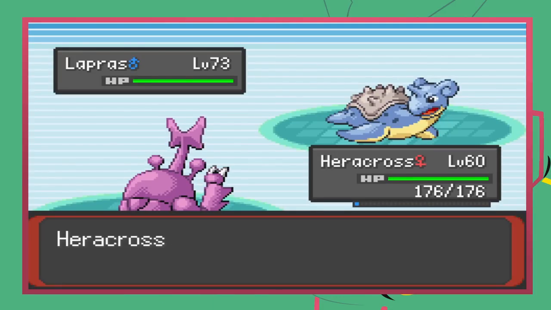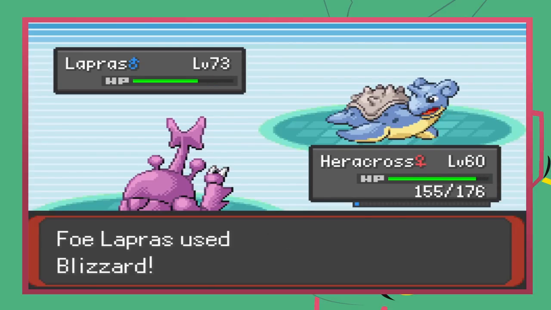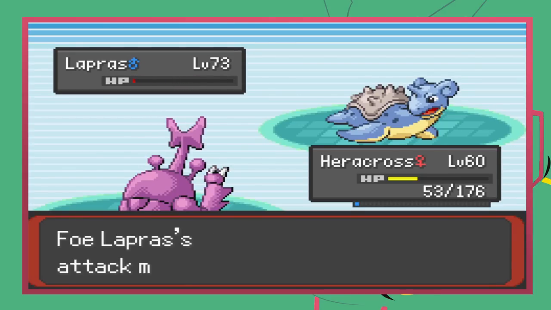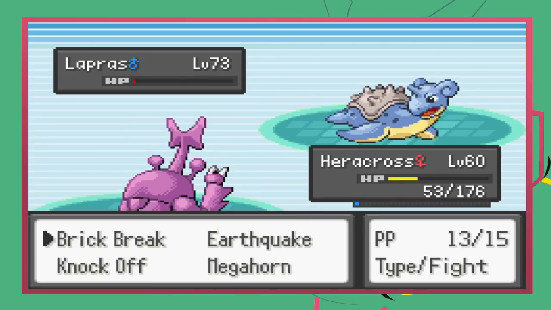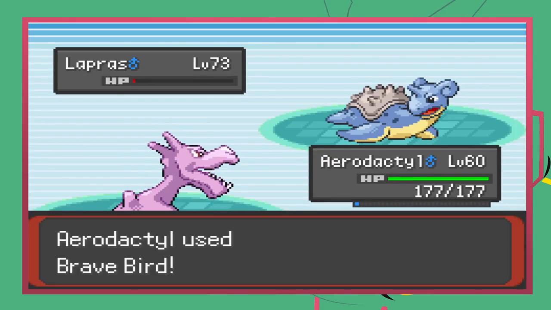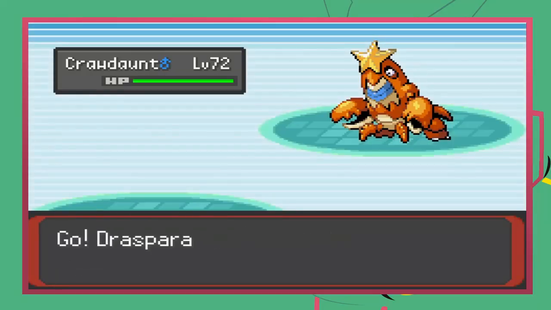Lapras. Brick Break doesn't do that much as it does have multi-scale, and we're hit by a powerful Blizzard. We survive though and hit another Brick Break, leaving him on a Sliver. I thought we had some more great luck as he misses a Blizzard, but he eats a Salac Berry which makes him faster than us, and we faint the next turn. Not much can outspeed Aerodactyl though, and we finish it off with a Brave Bird, and next up is Crawdont,